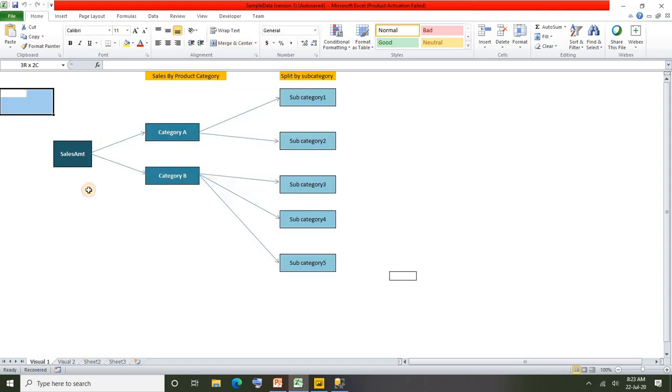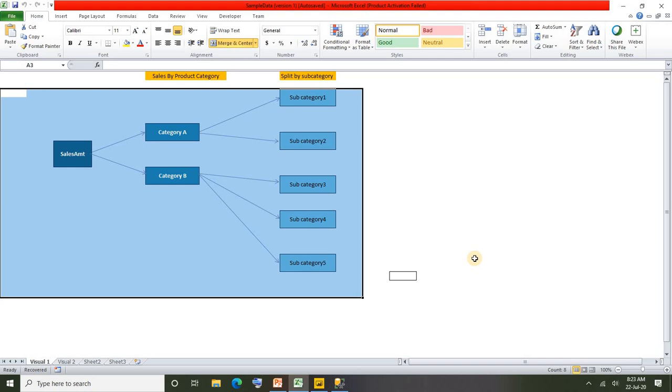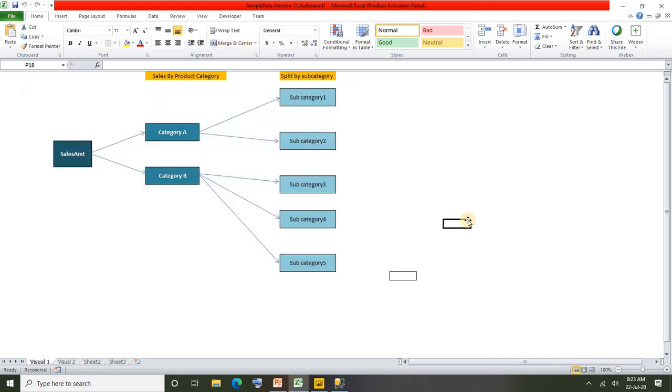Same requirement, let's visualize the same thing by using the decomposition tree. The decomposition tree visual will let you visualize data across multiple dimensions, and it automatically aggregates your data and enables you to drill down into your dimensions in any order. What does it mean by in any order?